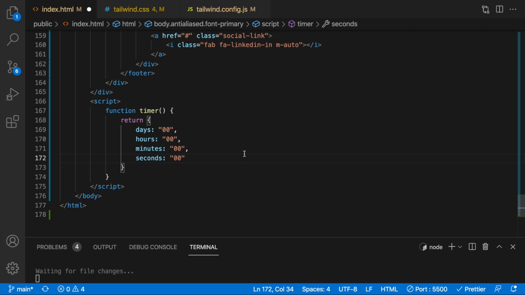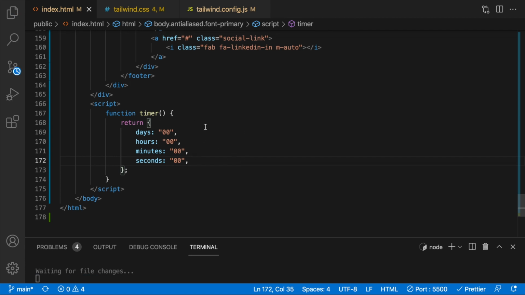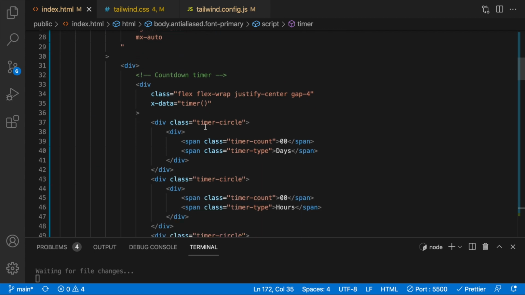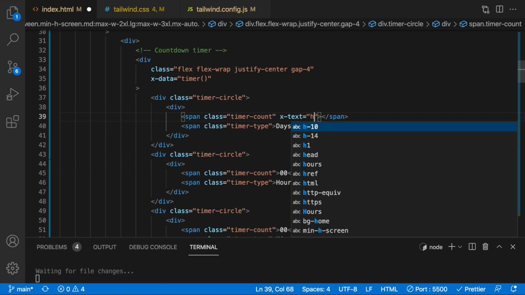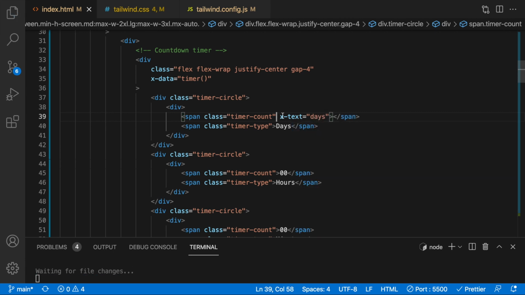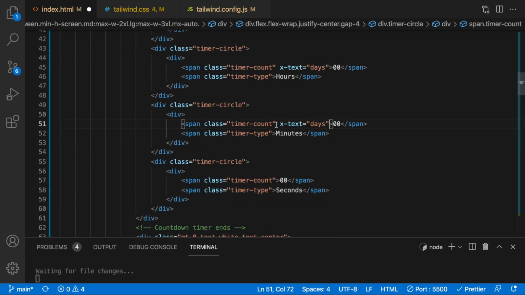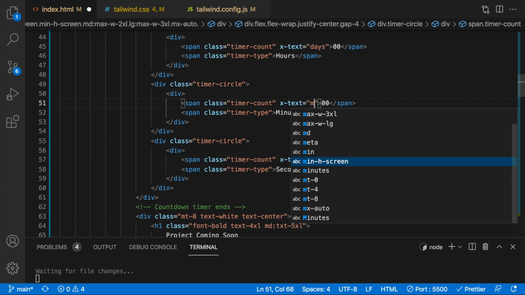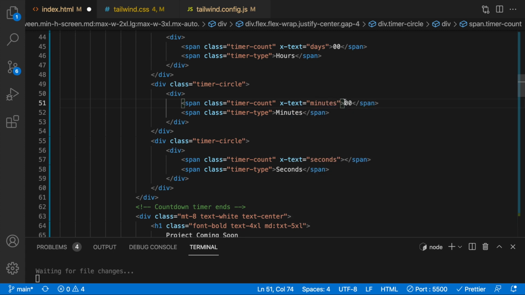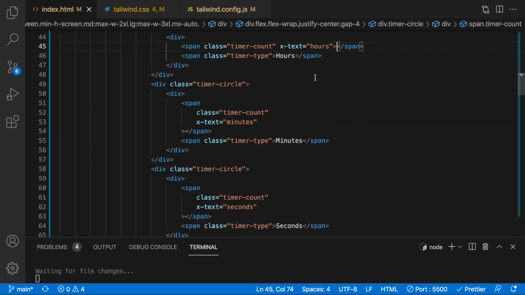Okay, so if we just add this much, we can now remove this hard-coded value here and instead say x-text equals days, and the same thing goes to all the other counters as well, of course. So this would be seconds, this would be minutes, remove this, this would be hours, remove this. Let's just check if this works,